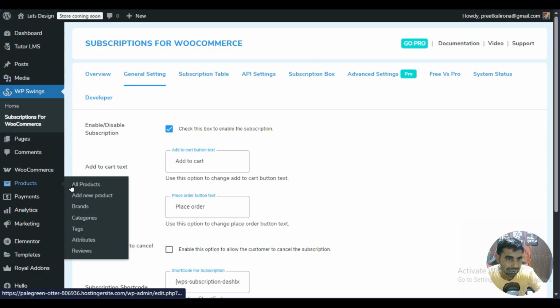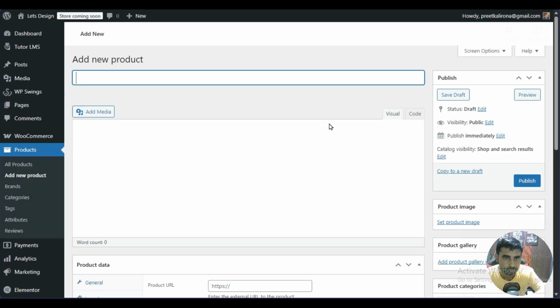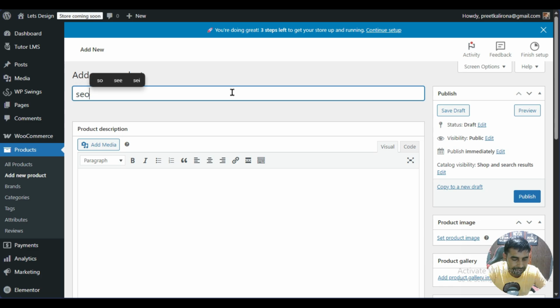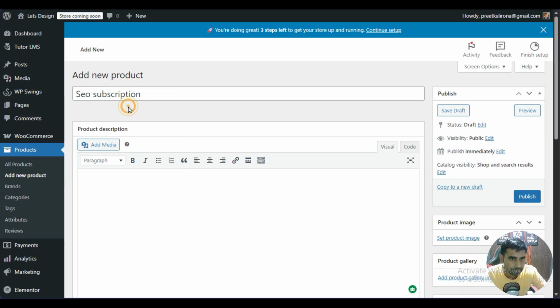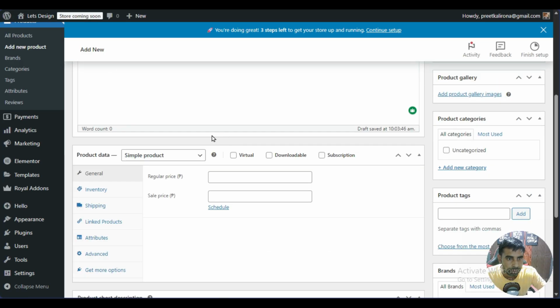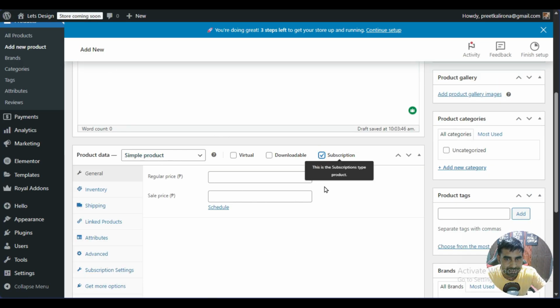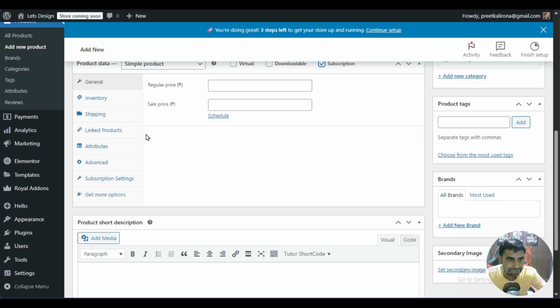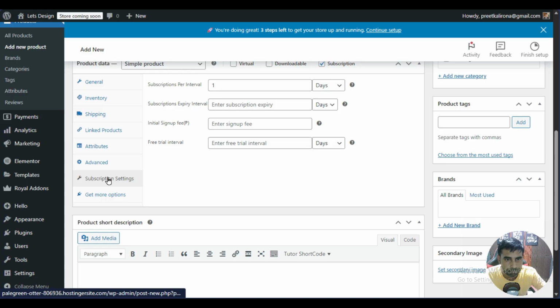Let's go to products, add new product. Let me name it SEO subscription. Provide the product description here, and you have to select simple product, and you have to check the option subscription. When you check this option, you will see a new option here, subscription settings, where you will be able to